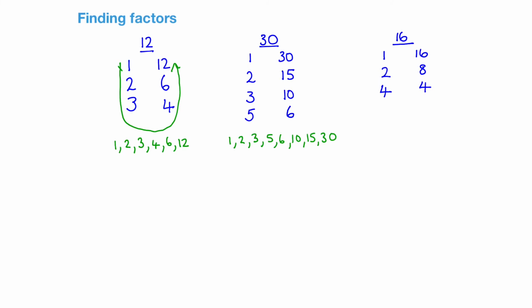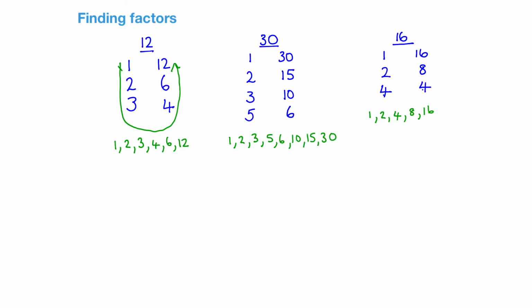So we don't need to go any further with this because we've already got the number that's in the right-hand column. Okay, so when you get to 2 numbers that match at the bottom, you know you've finished. Okay, and again, we list in this direction. But when it comes to writing the factors of 16 out, we write 1, 2, 4, but we don't write 4 twice. Okay, so 4 is a factor of 16, so there's no need to say it again. In fact, it would be pointless to say it again. So this is how we systematically list factors,